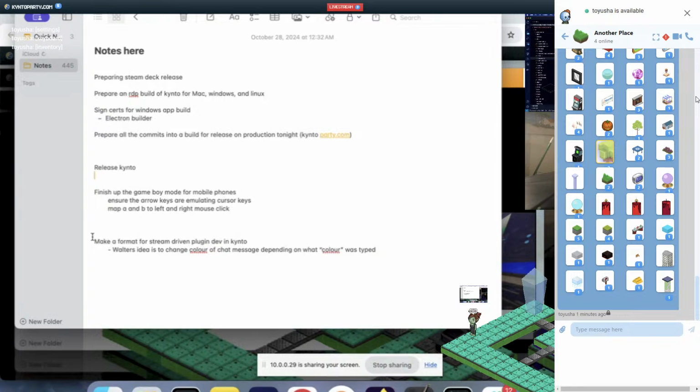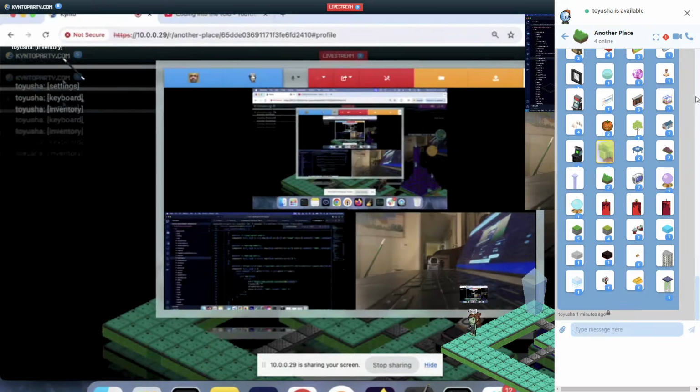I'm going to pick that up on another stream, basically set up plugin development for Walter's idea, which is to change the color of chat messages depending on which color you typed in the chat. It's pretty easy to do. And we'll be able to take advantage of